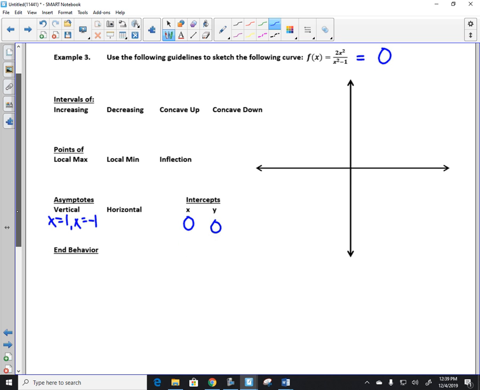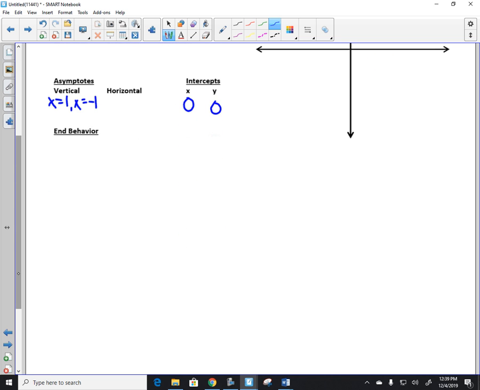So let's think about the end behavior. I'm going to take the limit as this goes to infinity. 2x squared over, what would I factor out of the bottom? X squared, and you get 1 minus. Okay, great. So as you can see, this is going to go away. The x squareds cancel. You're going to be left with 2. It would appear that the horizontal asymptote should be 2, but let's let the limit go to positive infinity and